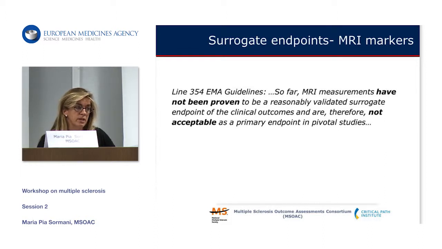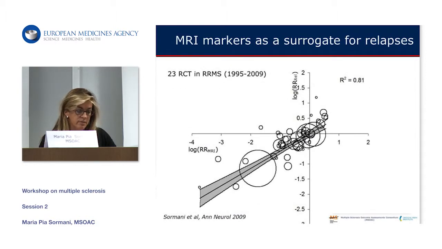I will try to show you recent evidence supporting the use of MRI as a surrogate endpoint for clinical relapses in MS trials. This is a pretty old paper that we published in the Annals of Neurology in 2009, which studied the characteristic that a marker should have to be considered a surrogate marker. That is not the correlation with the clinical outcome, but rather the ability to mediate the effect of the treatment on the clinical outcome. In this analysis, we collected all the randomized clinical trials in relapsing remitting MS studied up to 2009,